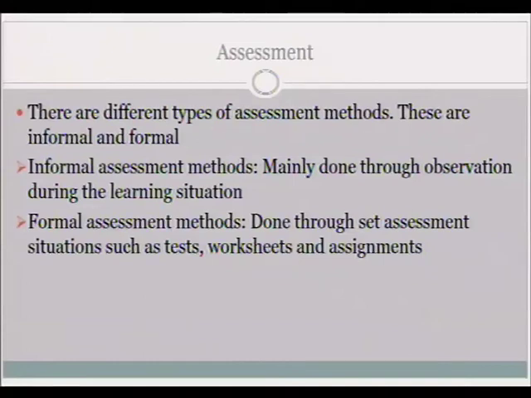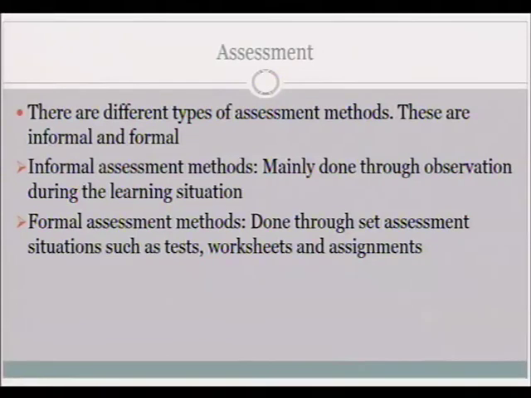There are two different types of assessment methods. These are informal and formal assessment methods. Informal assessment methods are mainly done through observation during the learning situation. So you have your learners participating in a classroom situation. You assess how they interact with others. You assess how they participate in the classroom situation. You know, all these things, small things around them